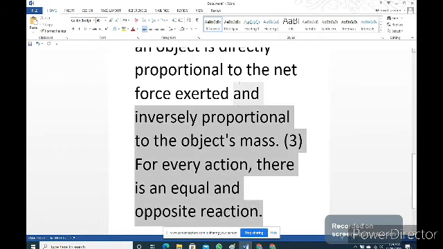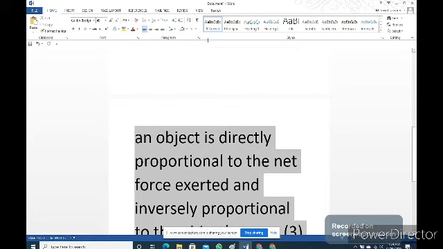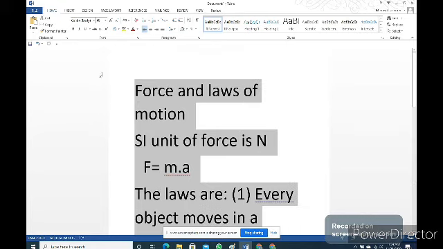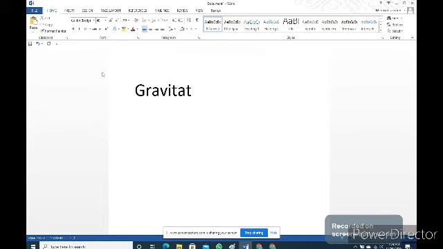Now we have completed gravitation, and physics will also be finished. What do we mean by gravitation? Everywhere the same law is used. There's a particular constant, the gravitational constant G, which is equal to